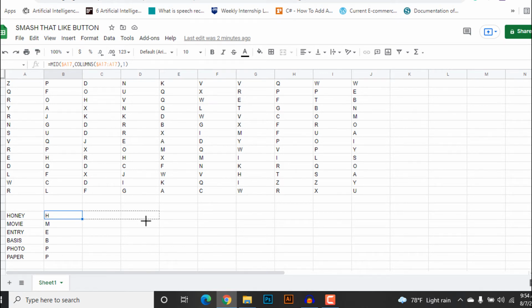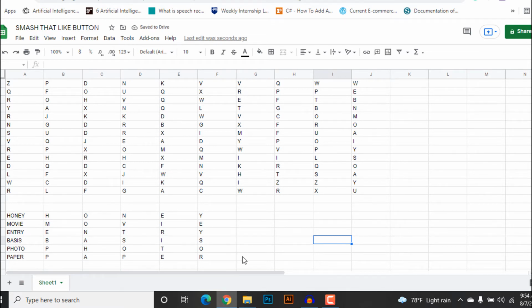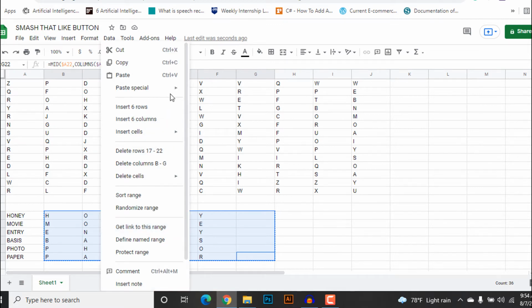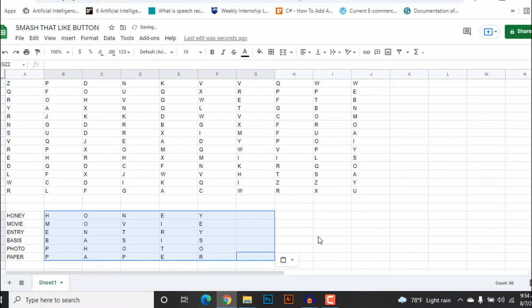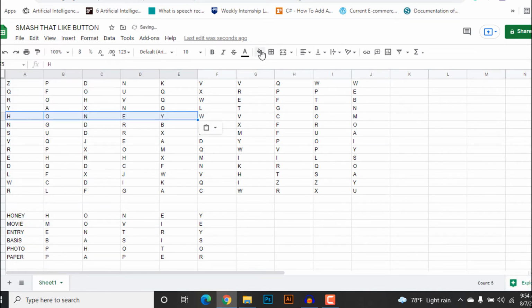So now what we are going to do is simply drag this formula across and drag this formula down. So as you can see, all of the letters are automatically dispersed in various different tabs. So we are going to select all of it and we are going to copy and paste values only again, as we have done in the previous section. So now all we have to do is copy it by pressing Ctrl C and paste it. So after pasting it, make sure to add some color to differentiate your words.